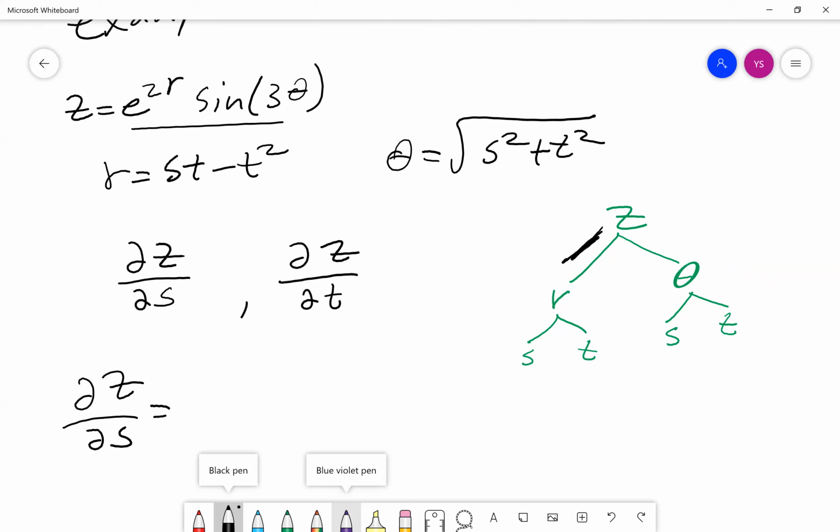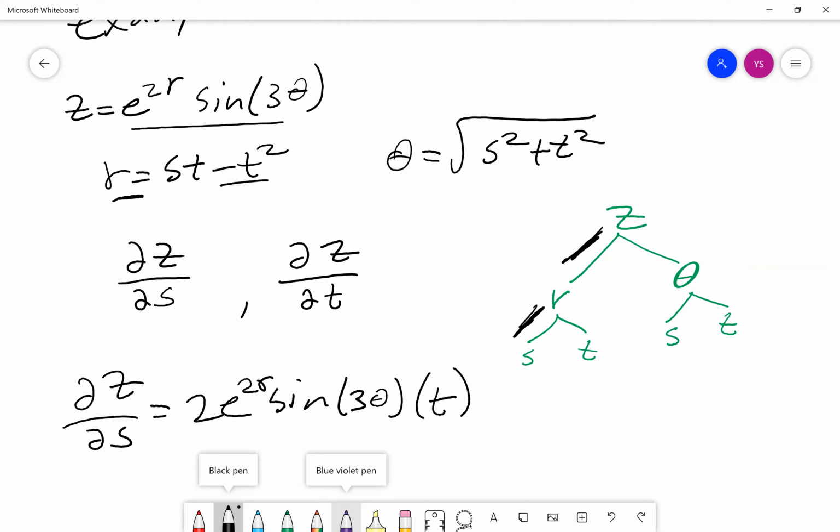So I go here and I say, well, that's just 2e^(2r) sine of 3 theta times the partial of r with respect to s. Well, what is that? That's going to give us t, and then this minus t squared disappears. That's the first part. Plus,